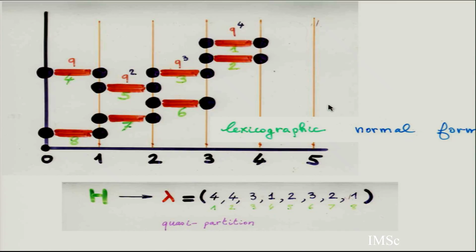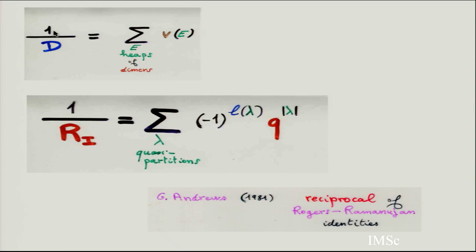But now if you put some weight, now the inverse. So this was general heaps of diamonds with the weight as a derivative. And then if the weight is exactly the left-hand side of the Rogers-Ramanujan identity, this is what the Andrews paper does: he gave a direct interpretation of the inverse of the Ramanujan identity as the sum with a certain sign of q power over the quasi-partitions. Oh, I went very fast to finish in time.